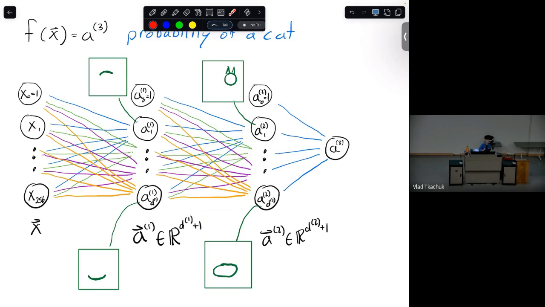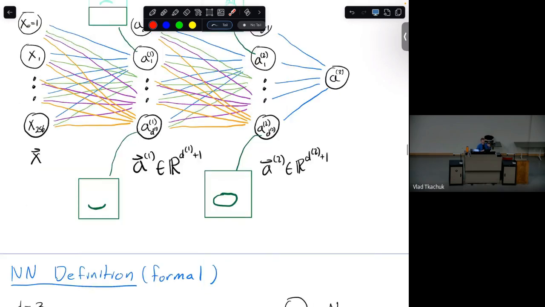Your goal is to set these weights, all these lines everywhere here, to such values that the prediction is good. That means your f of x predicts with very high probability that it's a 1 when it actually is a 1, and a 0 when it's a 0. So what does having a small estimated loss mean? It means you're predicting the labels correctly. And to do that, you have to change your neural network's weights. That's what the whole optimization process is doing: picking what values of W to set for these edges.